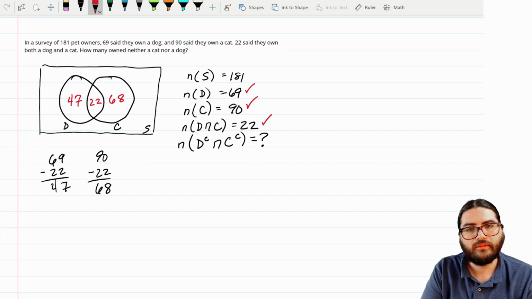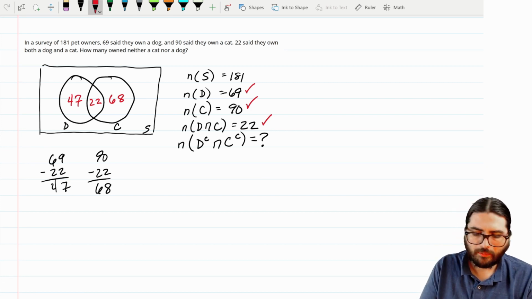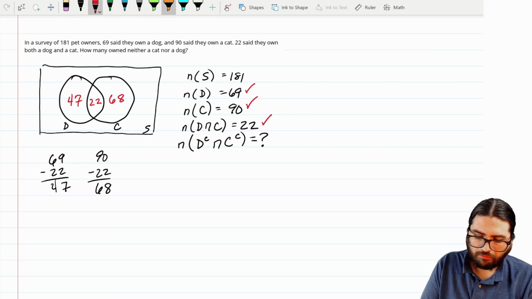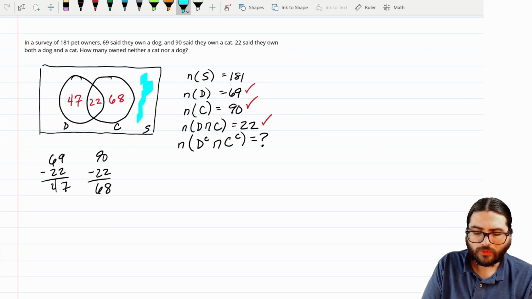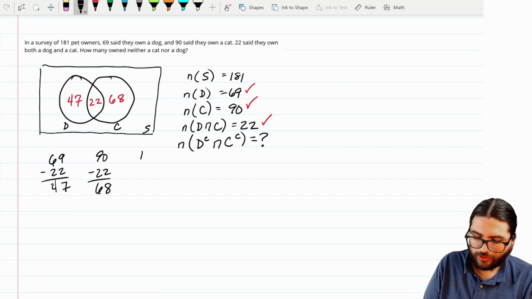Now I think I've got 90. The only other piece of information that I'm missing is exactly what we're looking for, the outside region. But that's okay, because I have the total. If the total is 181, and I've already taken into account all of these,